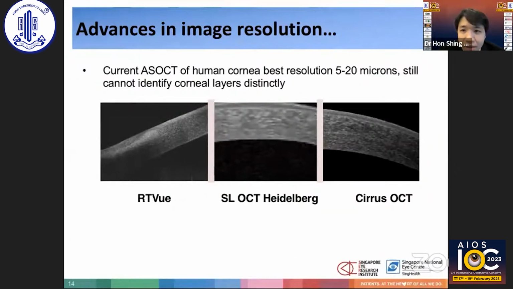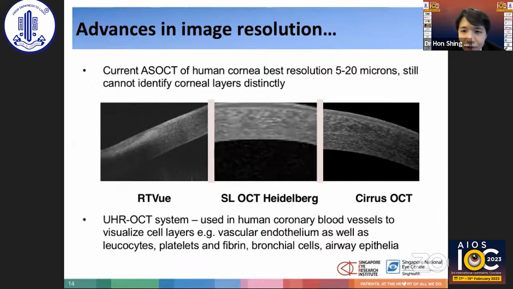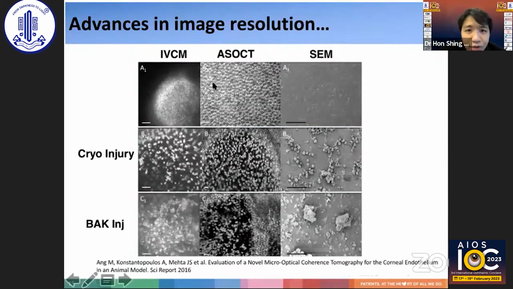So having seen some of the practical applications of anterior segment OCT, so what next? Current ASOCT of the human cornea can give best resolution of, as I mentioned earlier, 5 microns. And even with RTVue, we still cannot identify the corneal layers directly. So one of the more recent advances in OCT technology is the introduction of ultra high resolution, or UHR OCT. And they've been used to visualize things like blood cells, including leukocytes and platelets. And this is the use of a micro